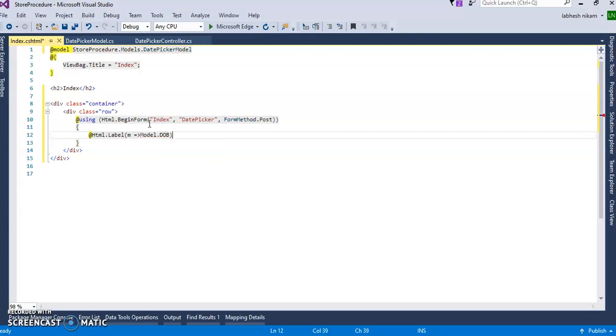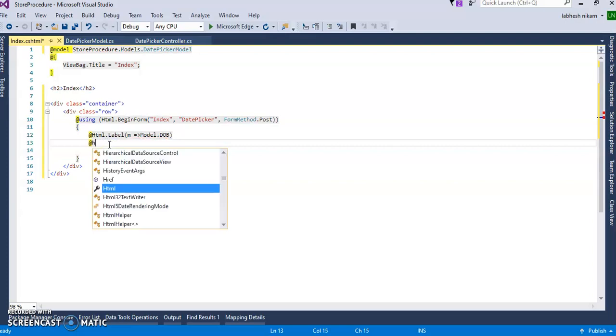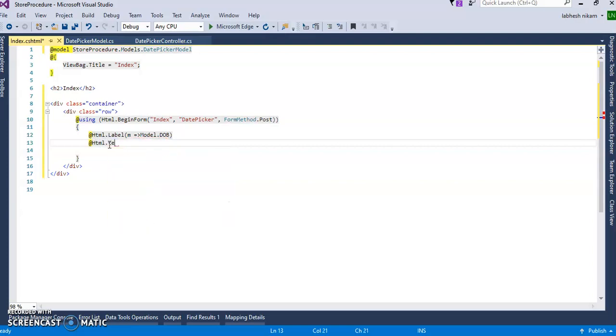Okay, if not accessible then use Model. Now I need a text box, so @Html.TextBoxFor,